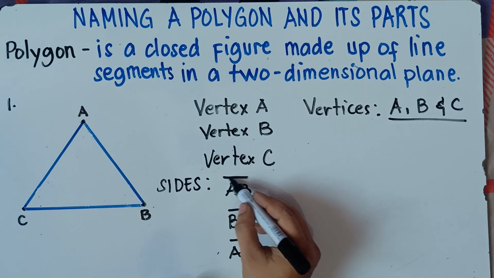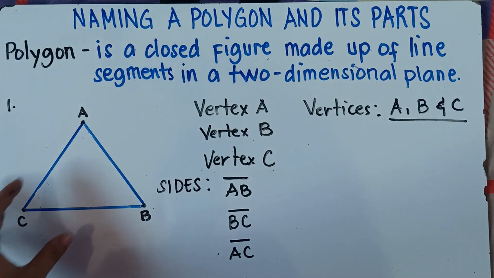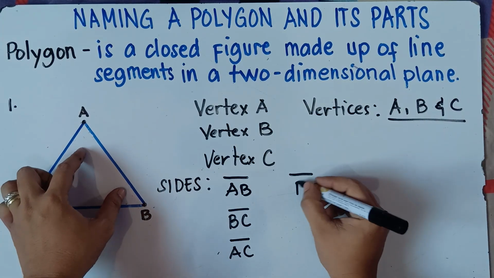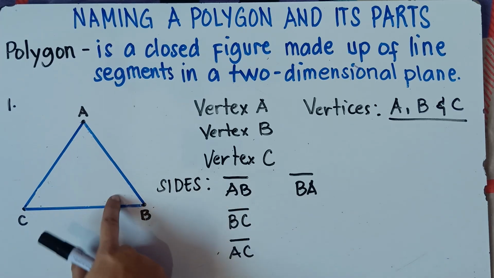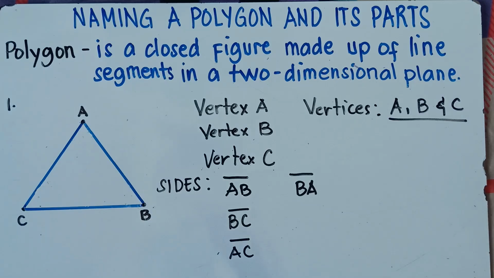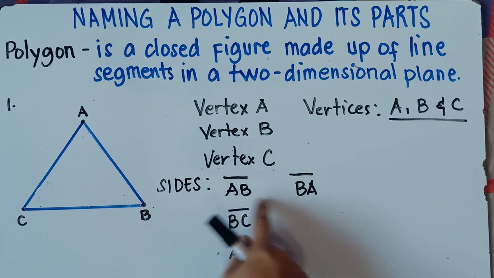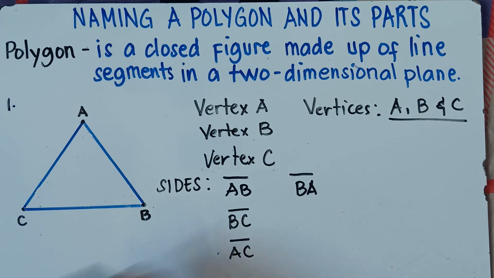So this marking, a horizontal line, is what we call a line segment. Now question, sir, for this side AB, this line segment AB, can we write this one as line segment BA? Is it the same, sir? If we write line segment BA, yep, class, that's actually the same. You can read this one as line segment AB or line segment BA. But most of the books arrange the letters alphabetically. A comes first before B in the alphabet, that's why we have line segment AB. But you can actually write line segment BA. This is just the same.